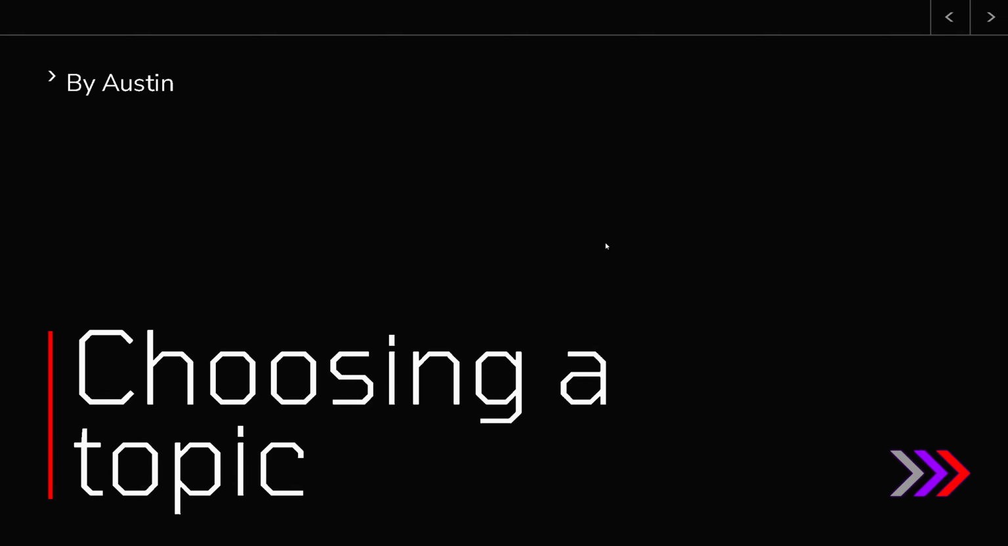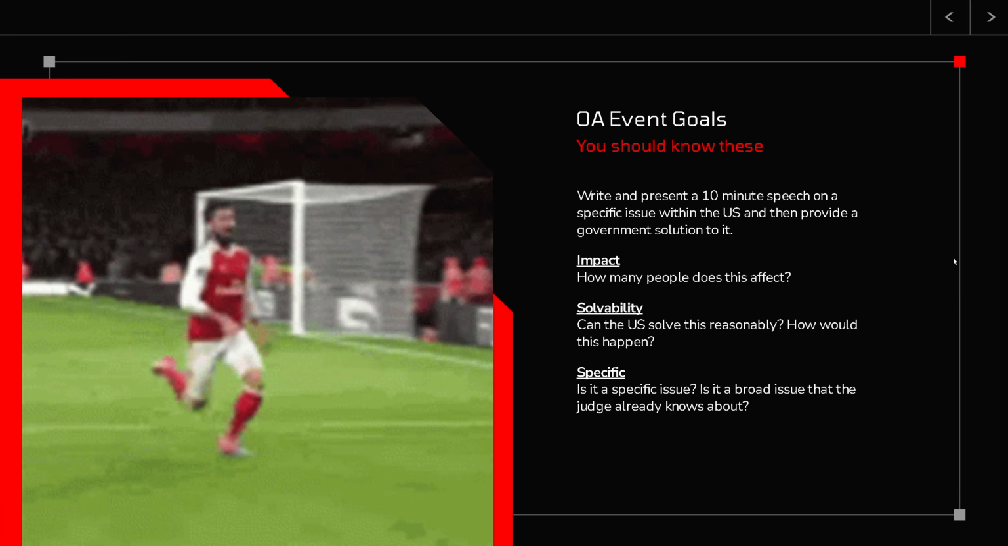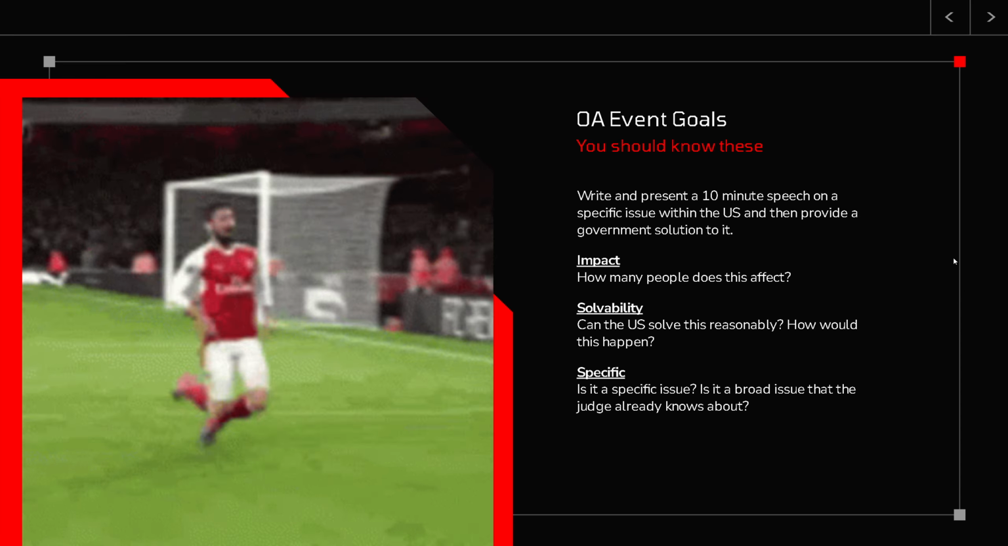All right, so first for the agenda, I'm just going to go over the goals of a good OA, the qualities of a good topic, some bad topic examples, and where to look for topics. And you don't have to worry about that homework. You don't have to worry about that either. All right, so the OA event goals,